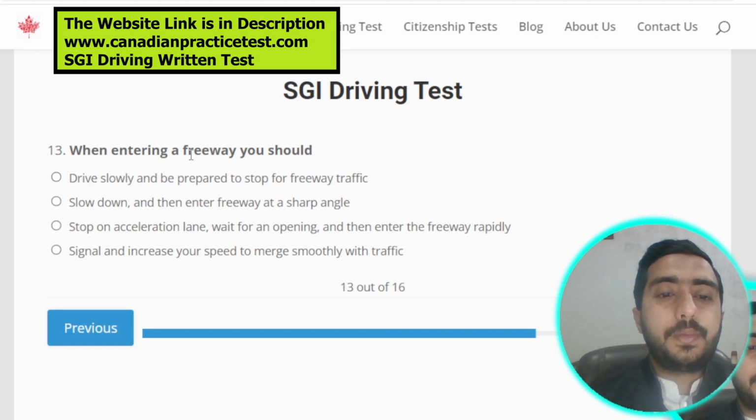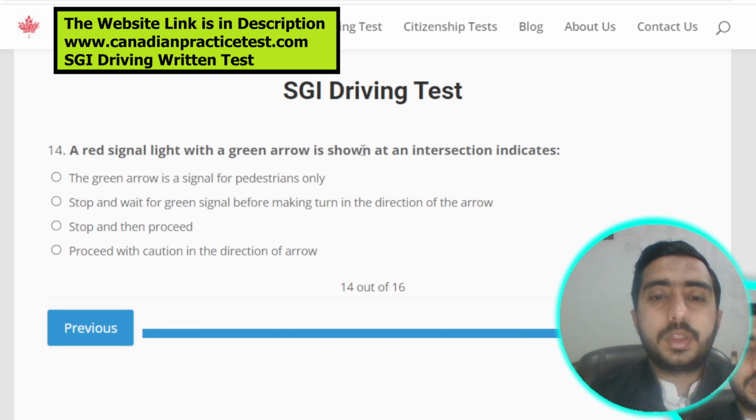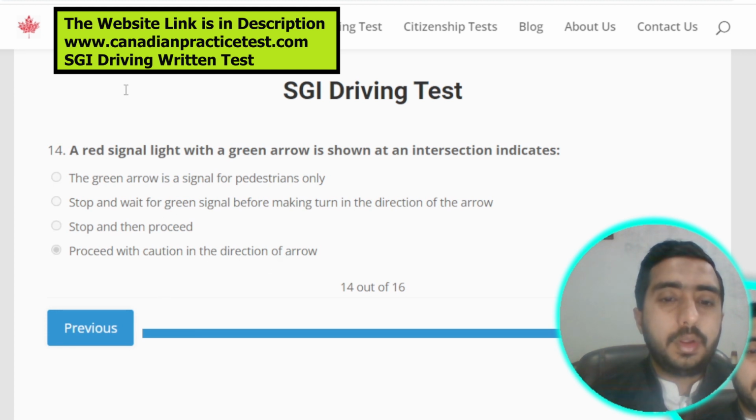When entering a freeway, you should. The correct answer is signal and increase your speed to merge smoothly with traffic. Option D. Next one, question 14. A red signal light with the green arrow shown at an intersection indicates that. The correct answer is proceed with caution in the direction of the arrow. Next one,